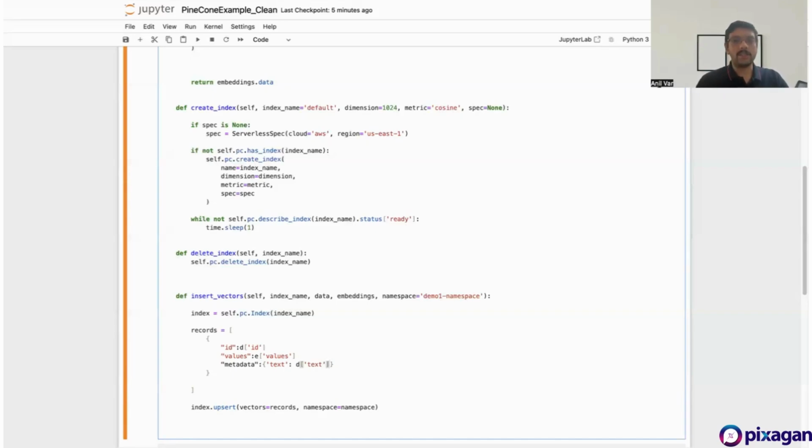You can say it's got, say, class or genre or whatever, depending on the example you're using. And where do I get this ID, text, and so on? Well, I need to extract that from data and embeddings. So I'm going to say for D, E in